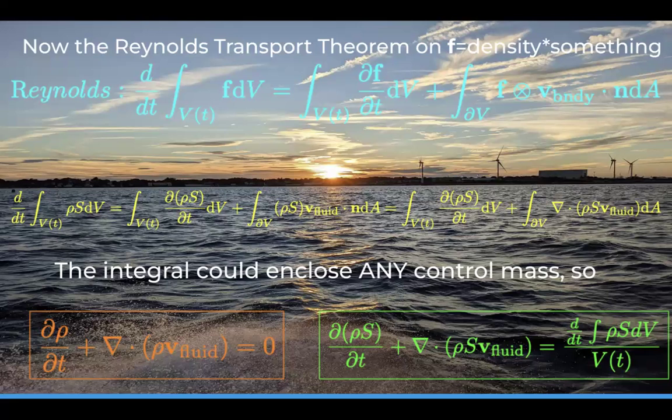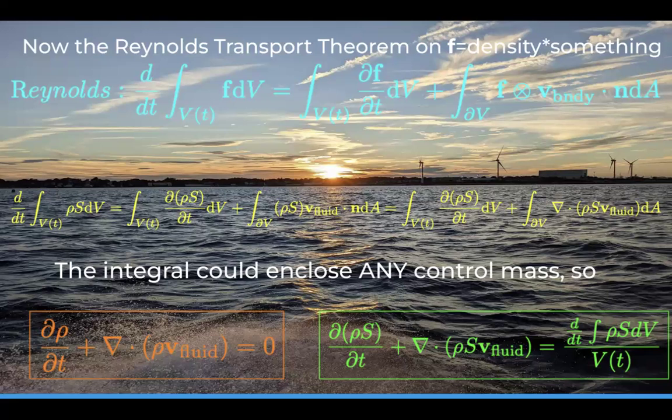And we could do a similar kind of game with this. So here we have, and I got it wrong on this side too. I had the same game. This is just a Reynolds transport theorem. Now F isn't density, F is density times salinity. But I play the same game. Push this out, push that through, do the divergence theorem. Say it could work for any volume. And then now I get this equation, which looks an awful lot like this equation, except instead of density, we